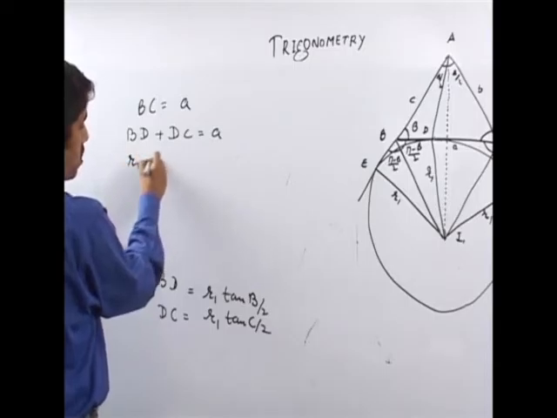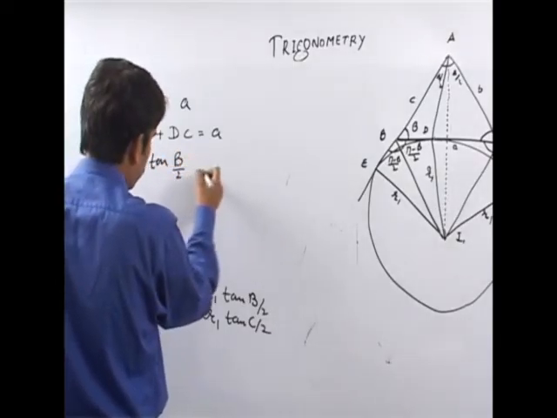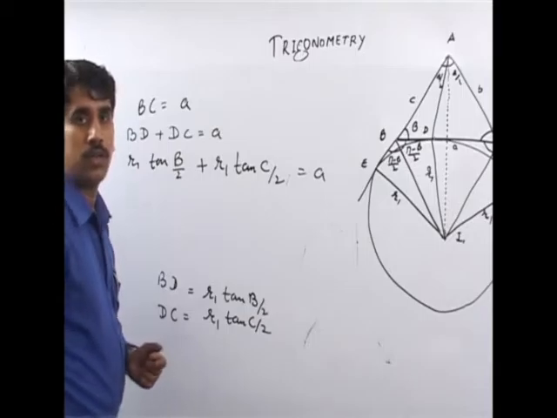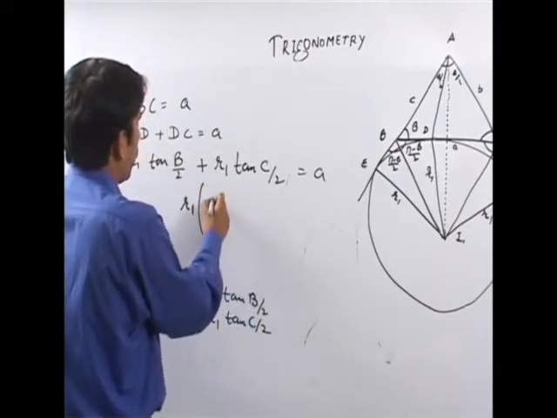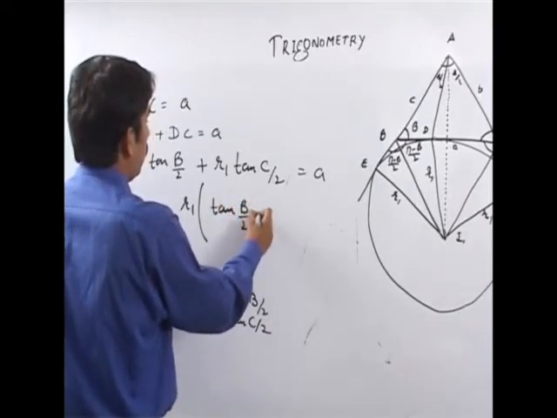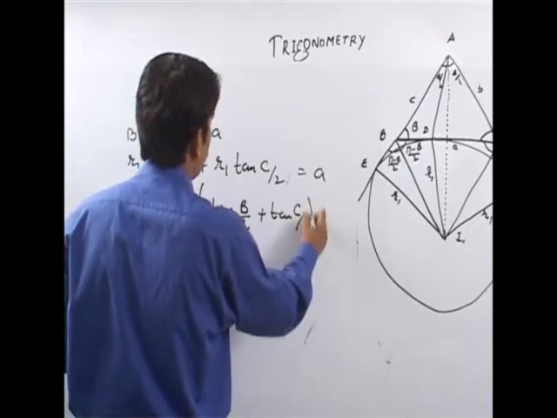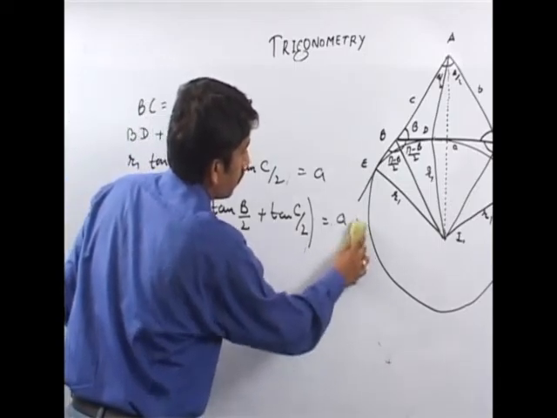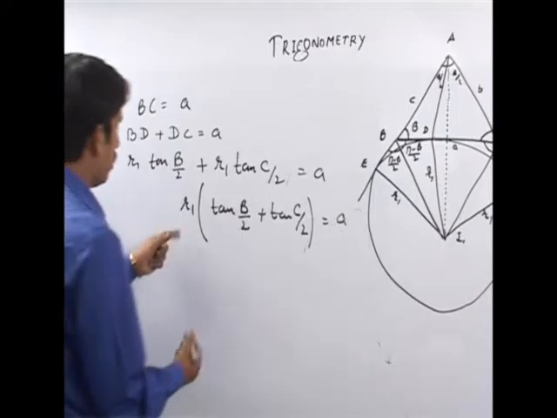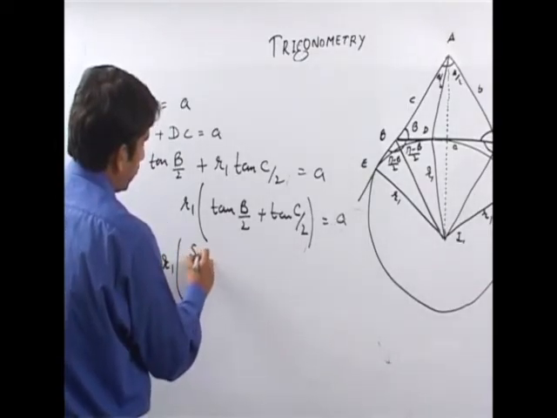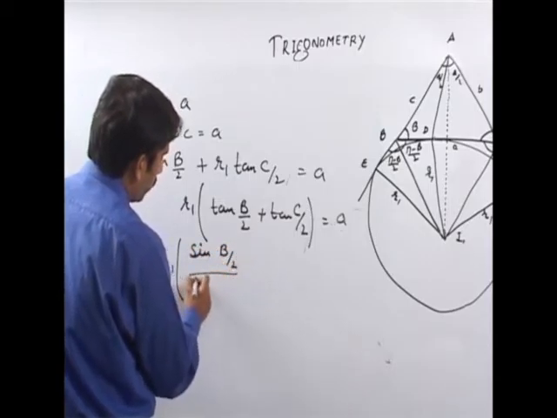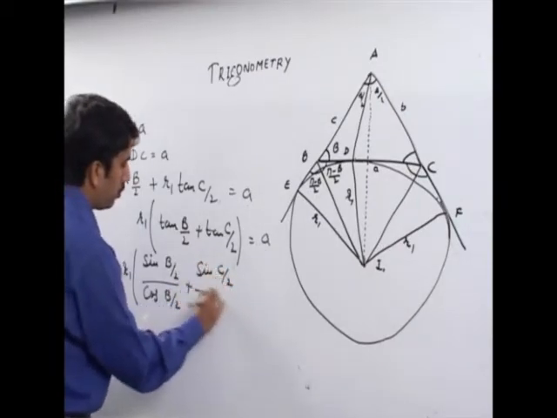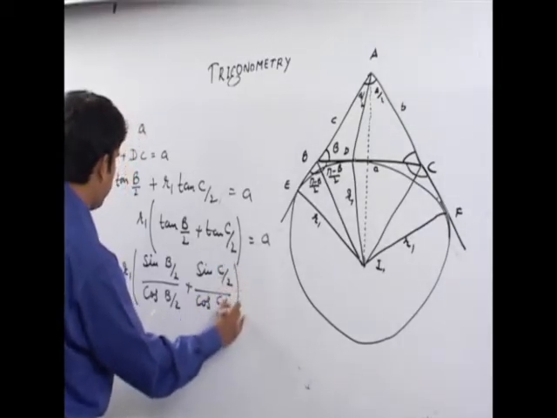This is R1 tan of B by 2 plus R1 tan of C by 2 is equal to A. Now take R1 outside, you will get R1 times tan of B by 2 plus tan of C by 2 is equal to A. Now, when you open this, then you will get R1 times sine of B by 2 over cos of B by 2 plus sine of C by 2 over cos of C by 2 is equal to A,